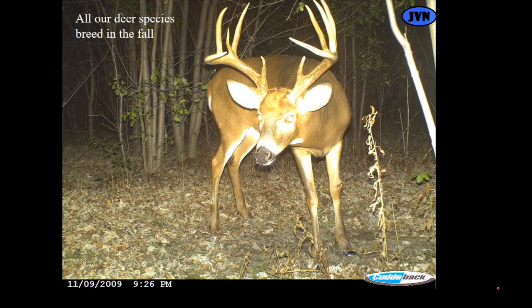All the deer species in North America breed in the fall, and they all breed in a way that's synchronous. So if I can explain that without getting too deep into the weeds, the white-tailed deer want to have a short breeding season so that they have a short birthing season. It doesn't work out perfectly because not all the does get pregnant during the same cycle, but the idea is to have most of the fawns born in a short window of time,